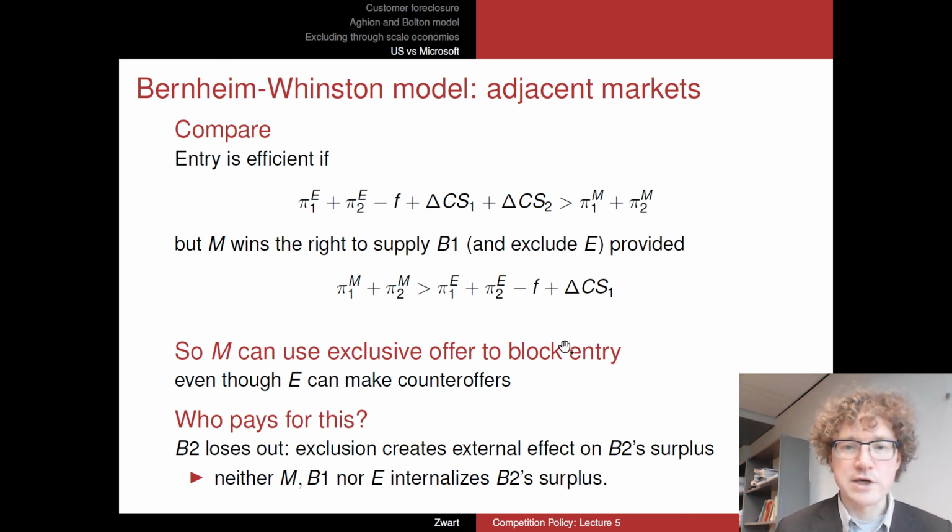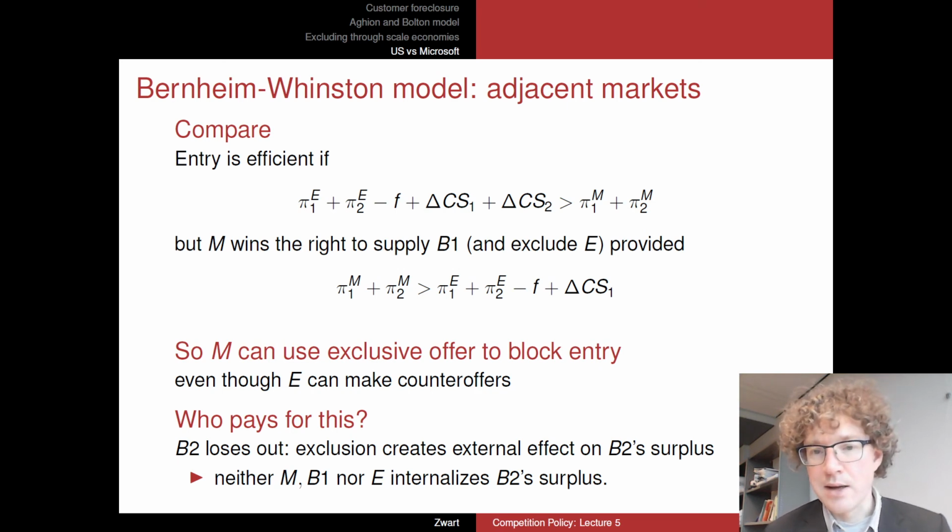So this is a very abstract model, if you wish, with general pi 1s, pi 2s, and f's. If you want to have a look at one of the exercises in last year's exam and its solution, you'll see this model worked out for a slightly more concrete example in which we have unit demand and a particular cost and a particular version of